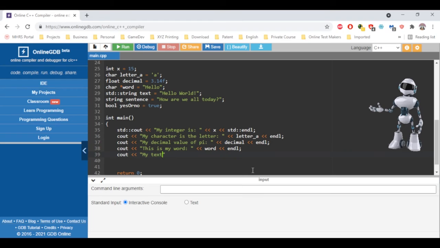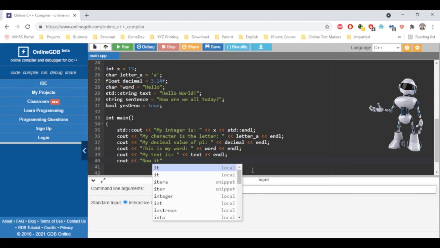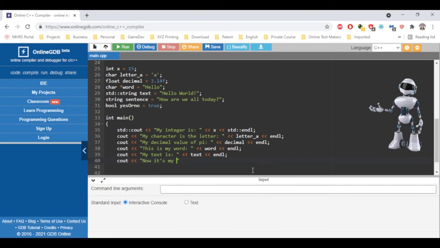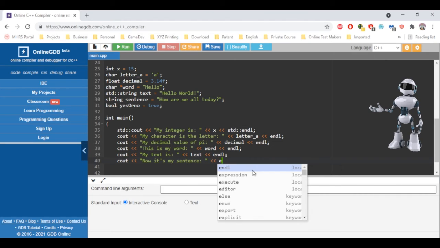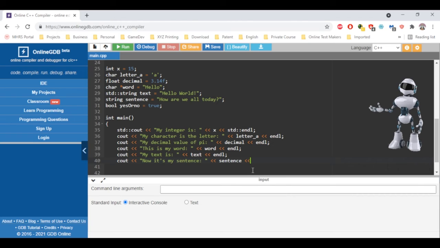My text is, oops, my text is my text, right? And I'm going to end the line again, not end I, it's endl, end line. And cout, and now it's my sentence, and my sentence is the sentence, and I'm going to end the line again,